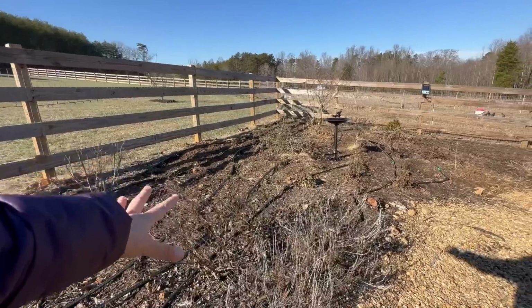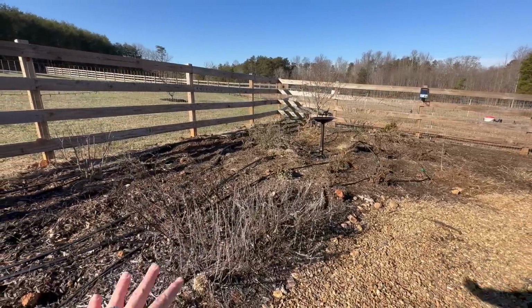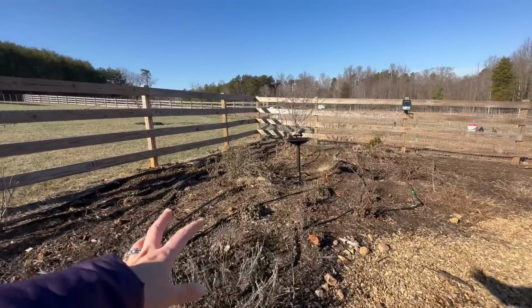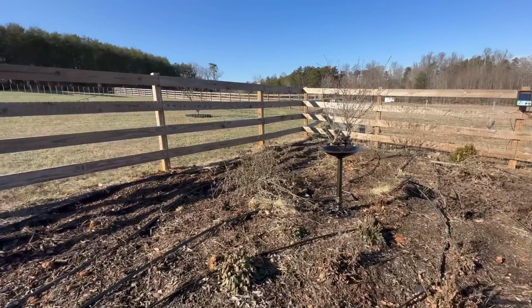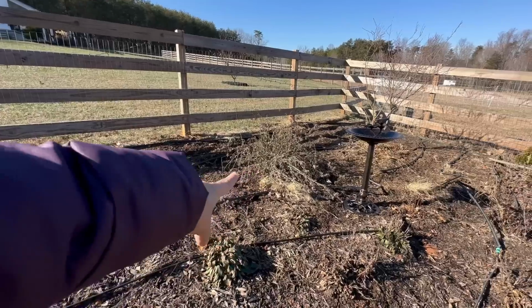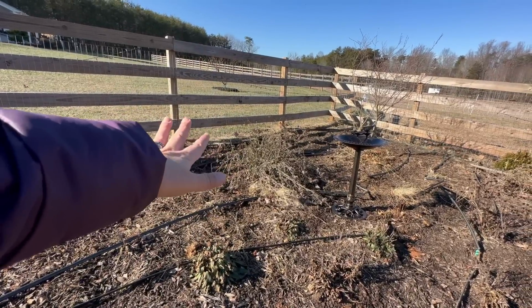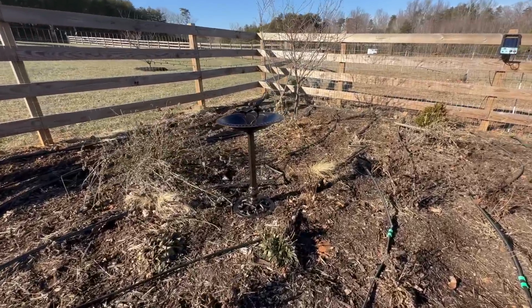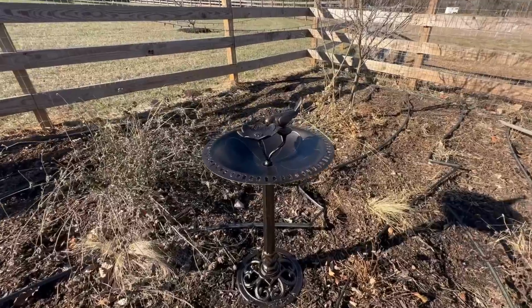And then there is a bunch of pollinator type stuff in here. Well, let's see, we've got the verbena in here, and that will come back, so we'll cut that back here in just a little bit. But I got the bird bath placed right here, and check it out, this piece that I forgot to show you